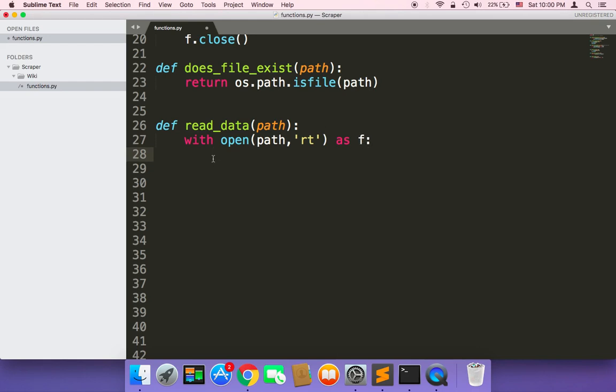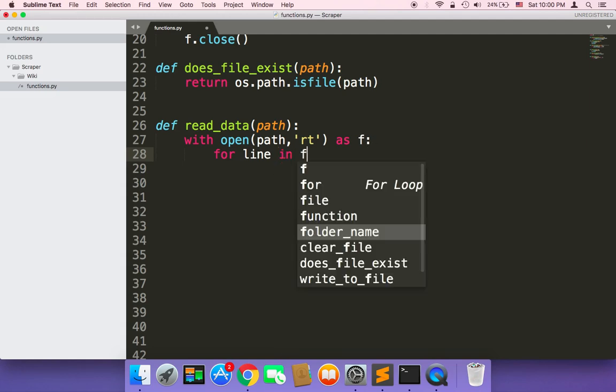But we need to loop over the lines, so I'm going to say for line, each line inside that file, in file, in f,